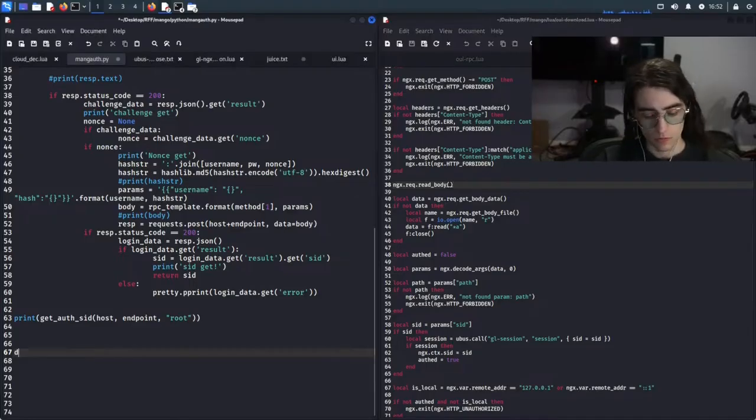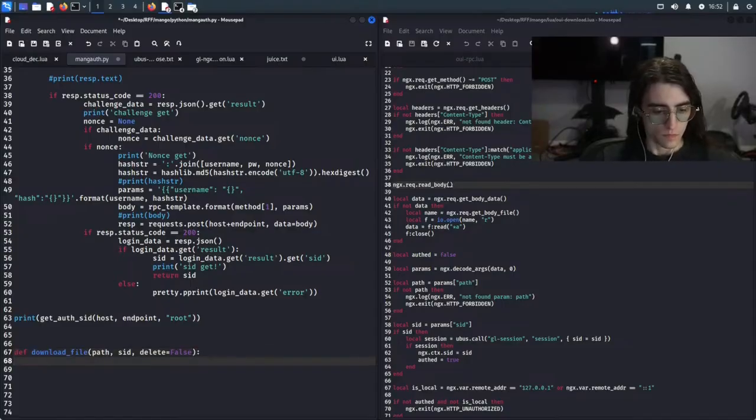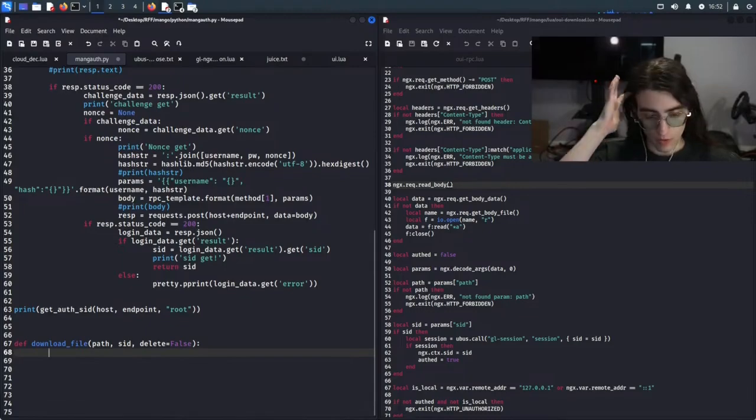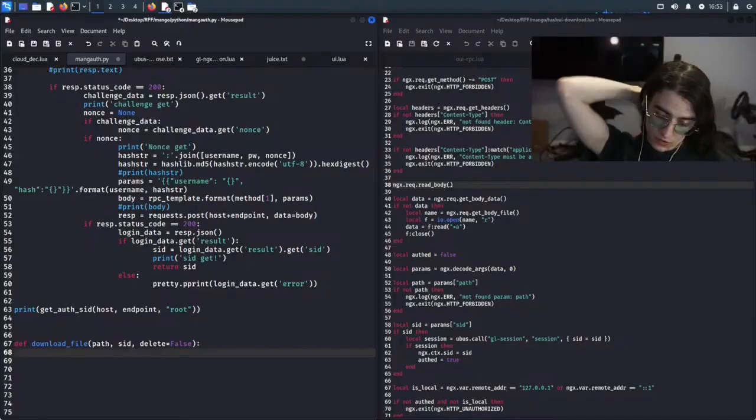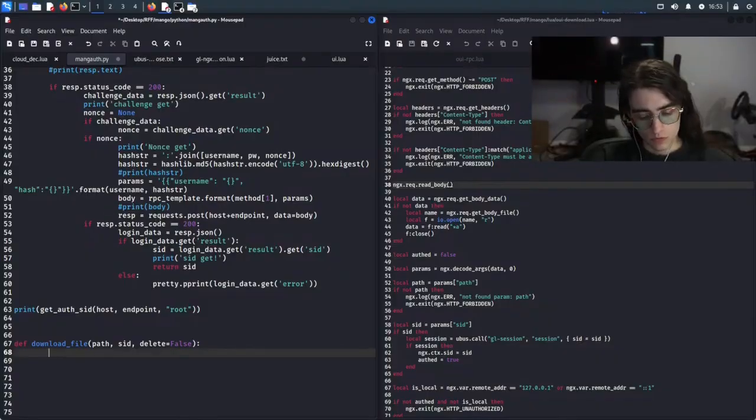Let's see. Define a function. Download file. We need a path. We need an SID. And then we need delete equals false. Okay, so download file, give it a path, give it an SID. And then what it's going to do is we are going to